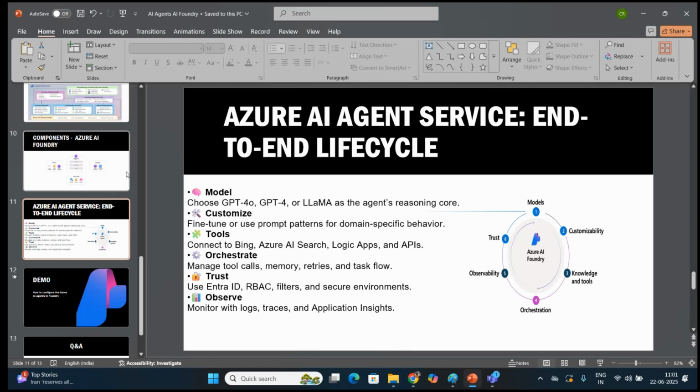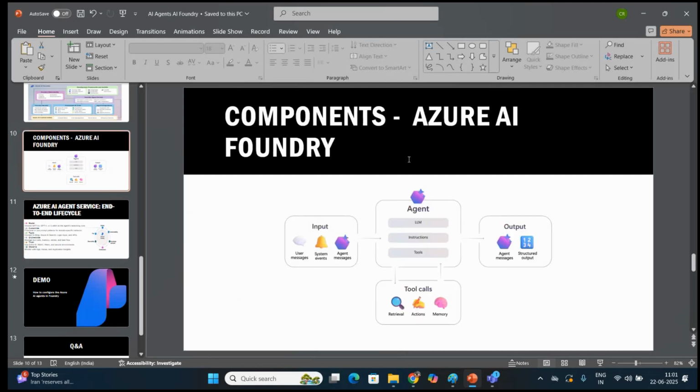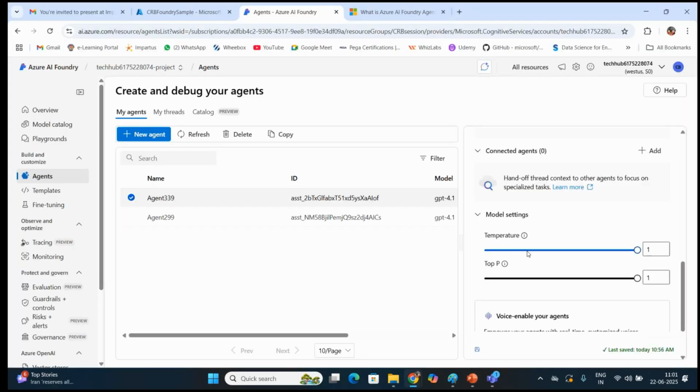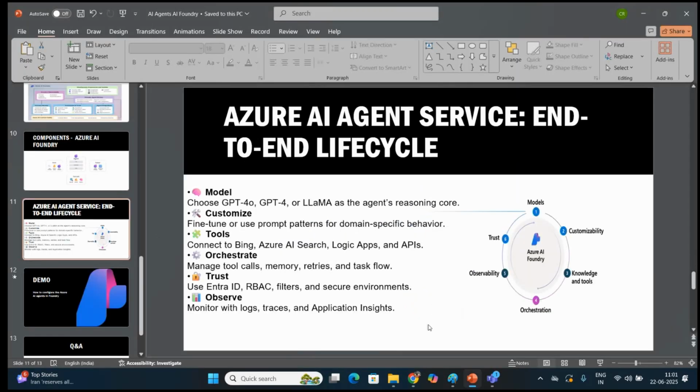So when we go back to this particular component, we saw that you can connect it with the agent as well, right?